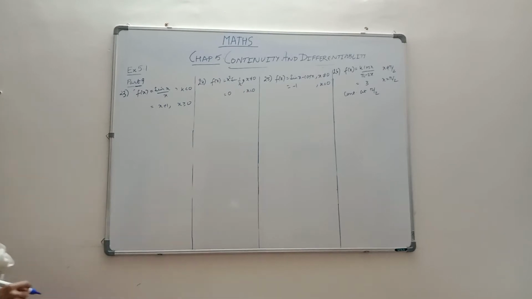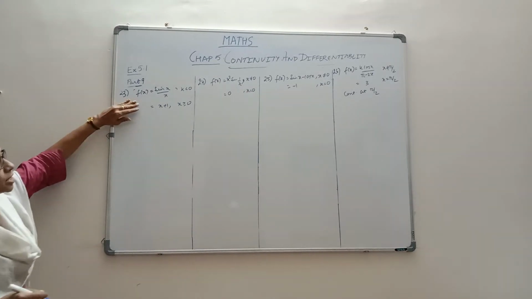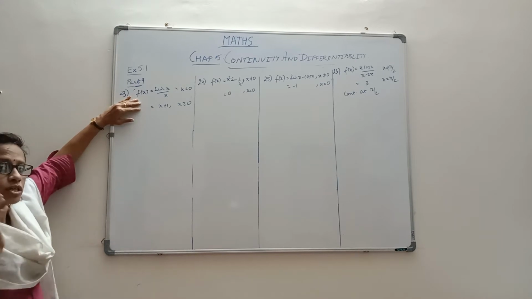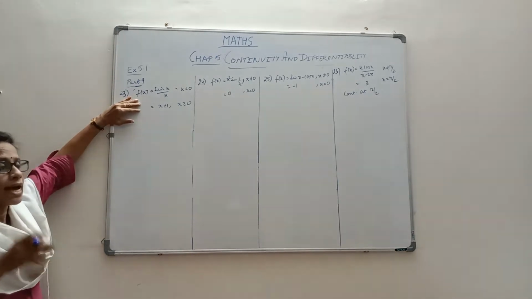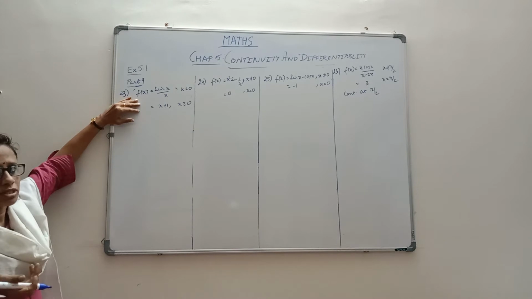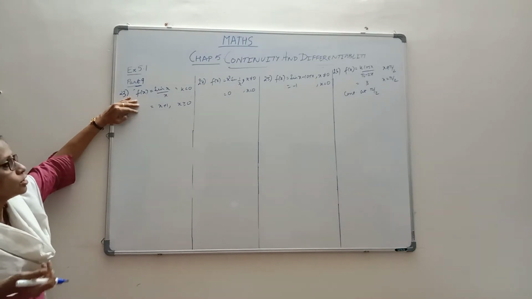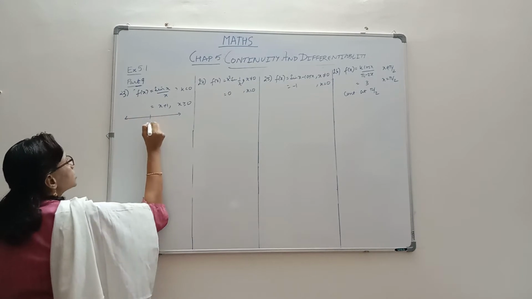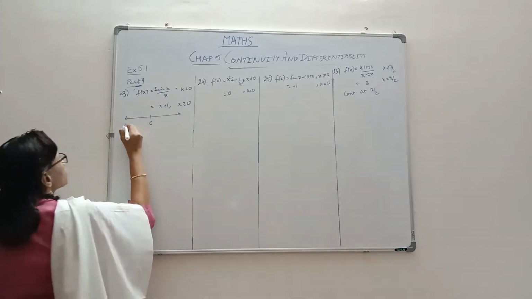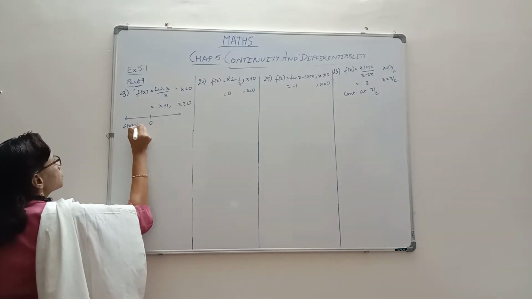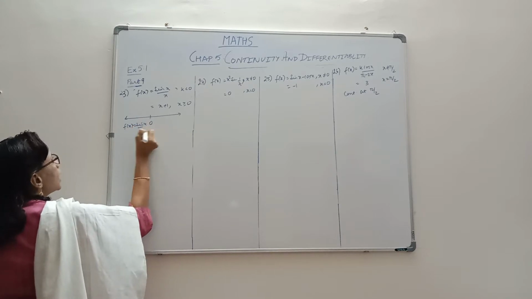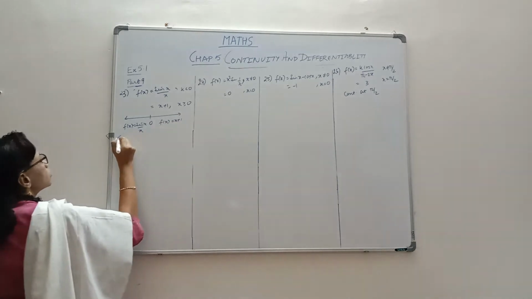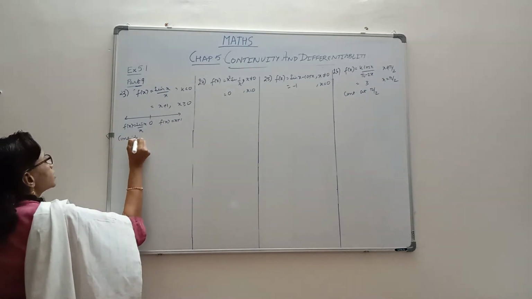As we have always told, because the function is defined in different ways on both sides of 0, first we will check continuity at 0 and then we will check whether it is continuous elsewhere. That's how we are going to do it. So let's first understand this function. On the left side of 0, the function is defined as sin x by x, and on the right side it is defined as x plus 1.